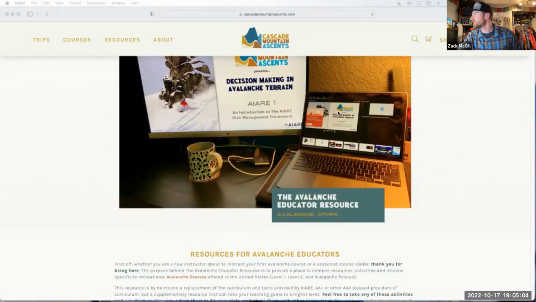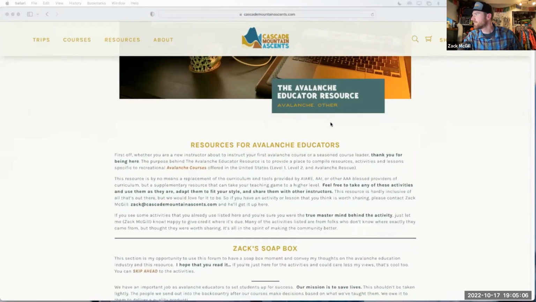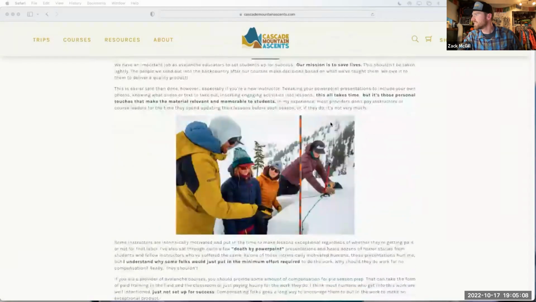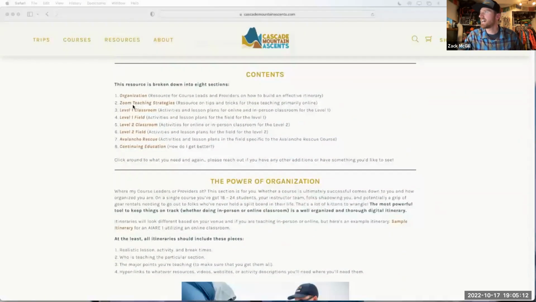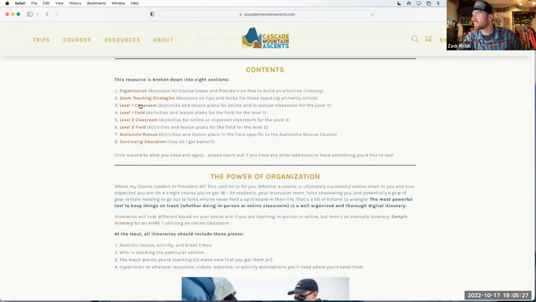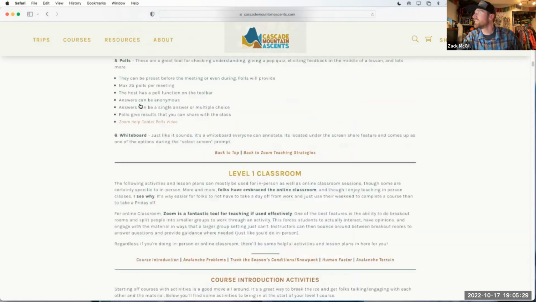So this is what it looks like. If you come here, it's broken down into different sections. So I've got level 1 classroom activities, level 1 field activities, level 2 classroom, level 2 field. I haven't really done much with the level 2, but have a bunch of stuff for the level 1. So if I click here on the level 1,